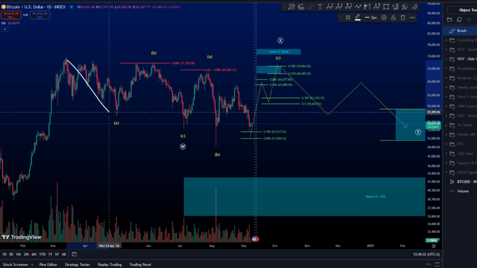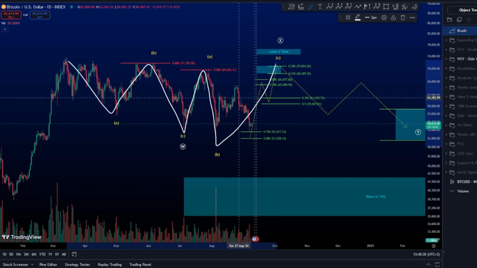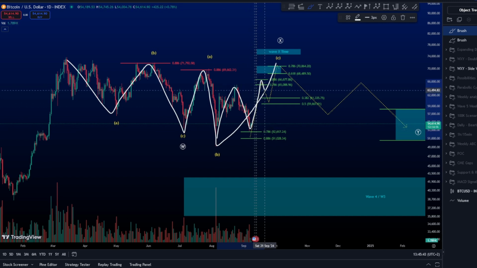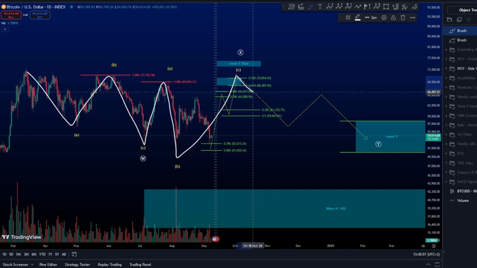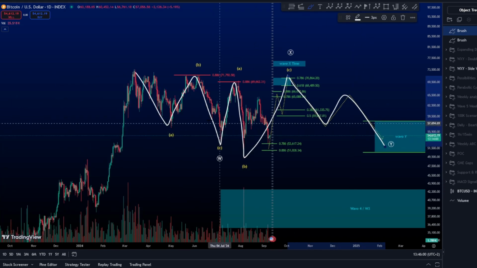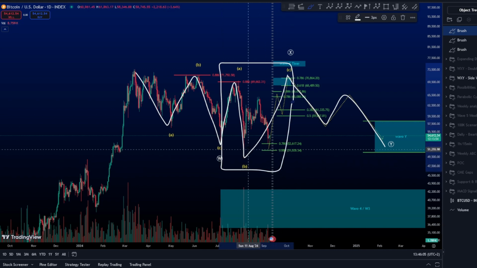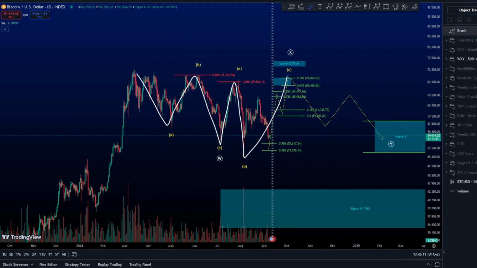which is zigzag, expanding flat, right? We are looking for a wave C with a diagonal 1, 2, 3, 4, 5, finishing this wave C exactly on the 1.618 or 1.38 level. And after this, you want to finish this complex structure with a zigzag again. In that way, you form a wave X with an expanding flat and double zigzag on the sides, right? So this is the most